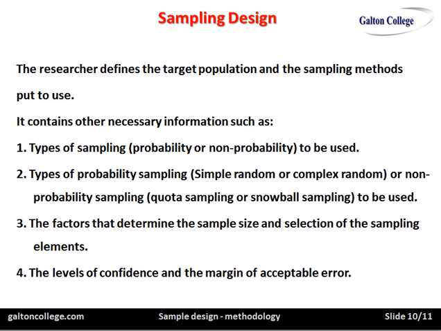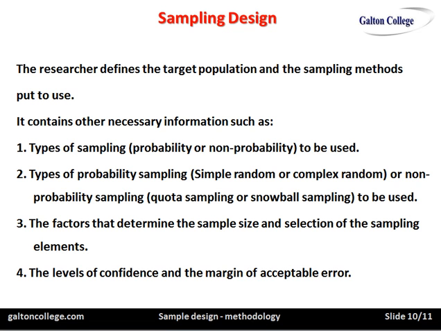Is it snowball sampling, for example? What are the issues of bias and reliability? And how are they to be dealt with? And the factors that determine the sample size should be looked at in detail. The levels of confidence and the margin of acceptable error should also be discussed, particularly if it is a probability sampling